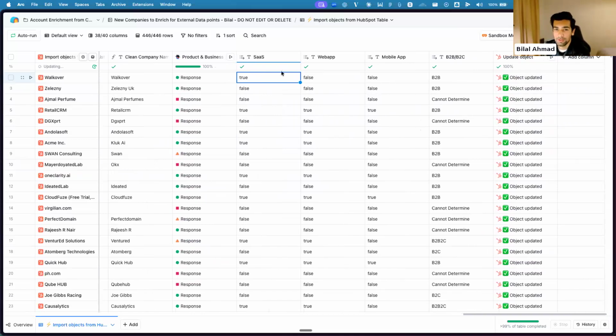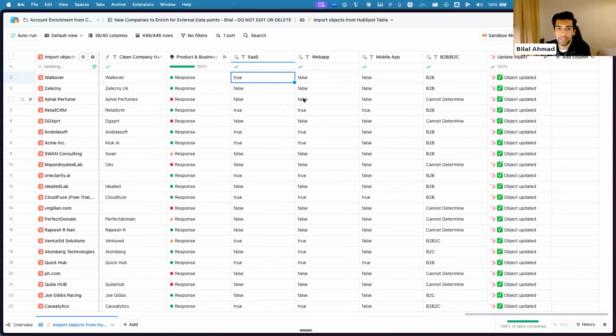HubSpot for myself, but also this is where I run an analysis and I found out, are my hypotheses correct? Should I really just target SaaS companies? Should I not target SaaS companies? I'm not going to show you this part because this is where your worksheet comes in. I'm going to send you the prompt as well, but you'll basically need to enrich your own truth list, go in and figure out where you're winning the most and build out your sort of account list bullet points,